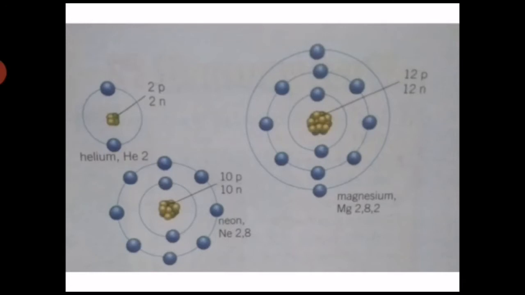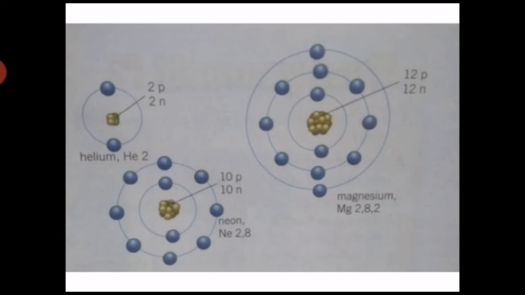Students, look at the diagram. This diagram shows the arrangement of electrons in three different atoms. Number 1 is helium. Helium contains only 2 electrons in the first shell. Next one is neon. The neon has a total of 10 electrons. The first shell contains 2 electrons and the second shell contains